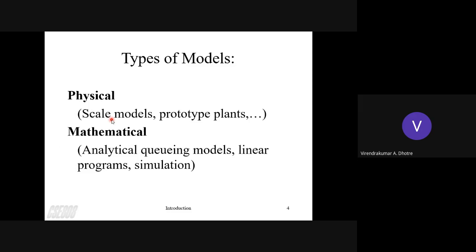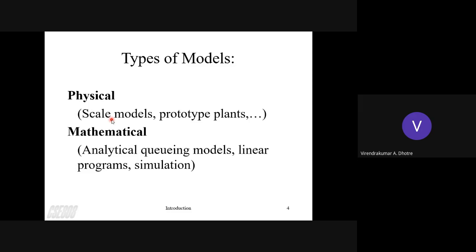For example, if there is training to become a pilot, right? If pilots start directly flying airplanes or helicopters, then definitely it will be a problem, because if they do not learn easily and it crashes, it is a huge loss, because one airplane or one helicopter costs crores. So it's not possible to train directly on the airplane. What they do is create a similar behaving model, which is not a real airplane or real helicopter, but it gives you the feel. It will behave similarly.